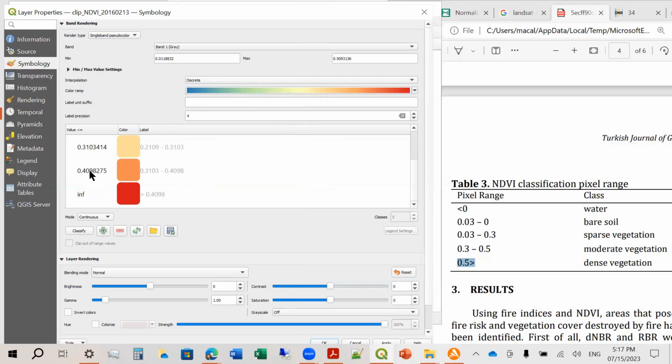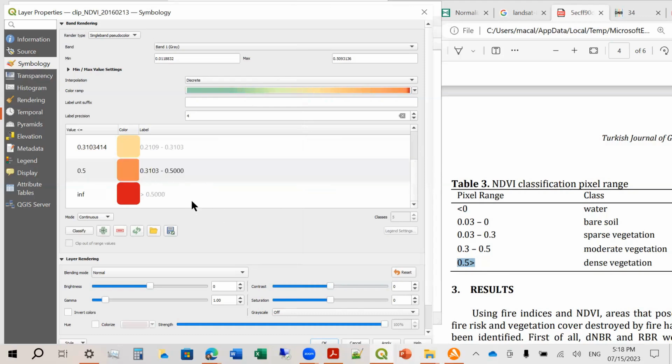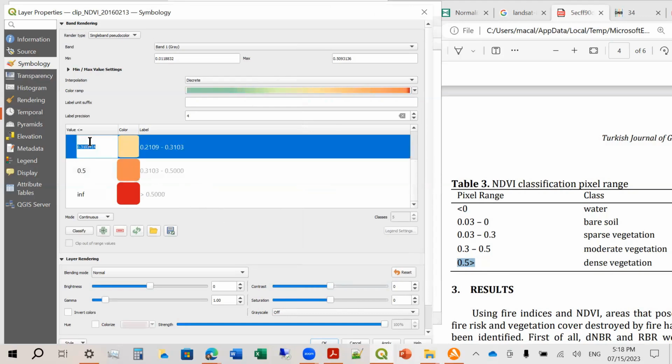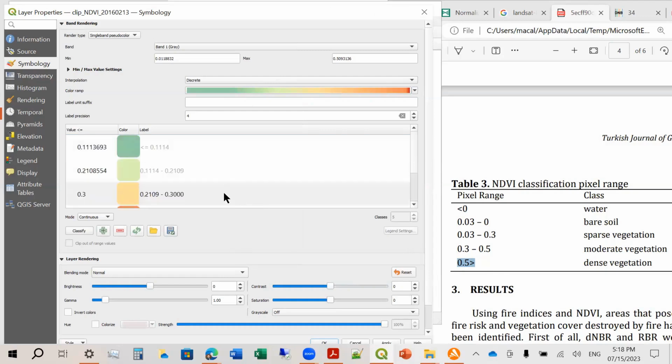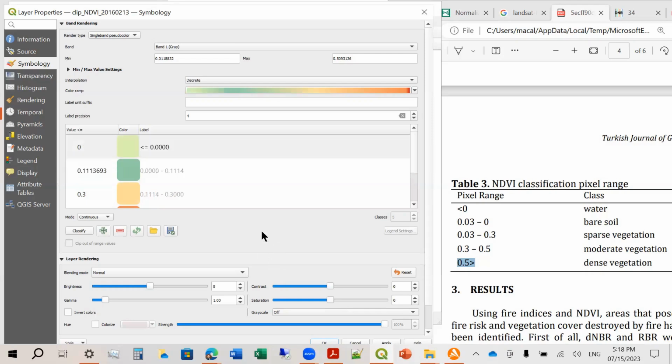So if you want to have dense vegetation to be red, so that's 0.5 and above. So let's change this to 0.5. Okay, and then this one would be 0.3. Then this one would be 0. Okay, and then less than 0 is this one.